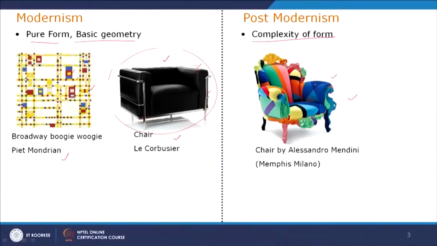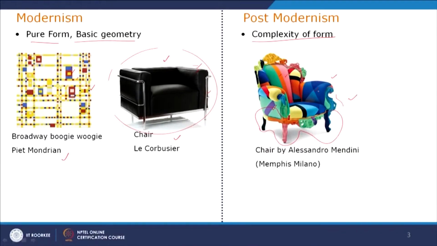Now if you look at this one, there are many colors which are not just primary colors; secondary, tertiary, every color is there. This orange is a secondary color, and many different colors are there in one particular design. If you look at the material, the material is also colored in a different way, so you will not see the material's own texture, and different kinds of colors were used on the material as well. So the material is hidden, and the true texture of the material is not shown.